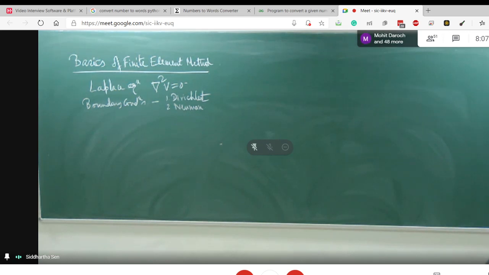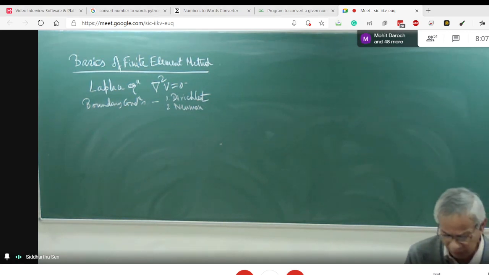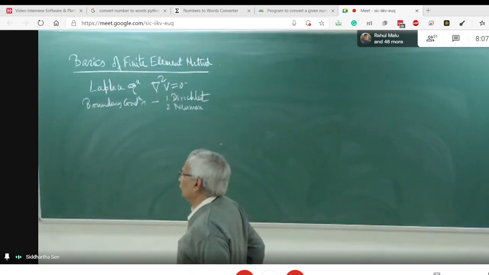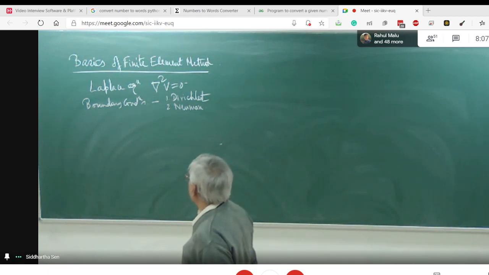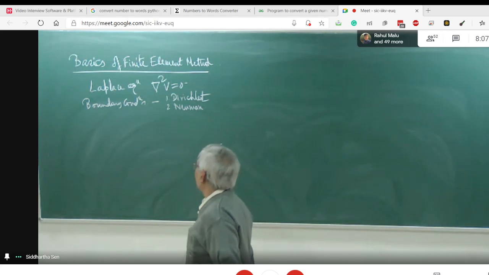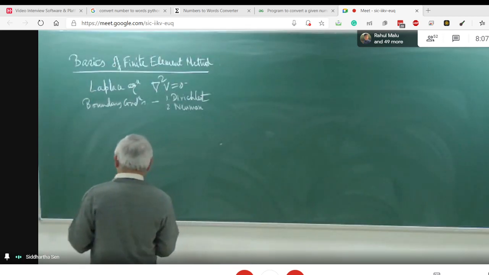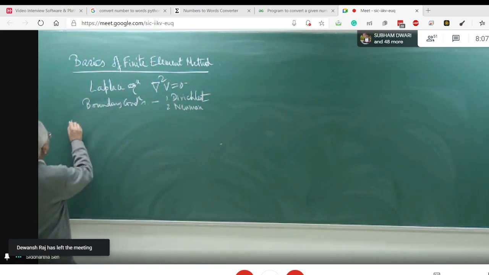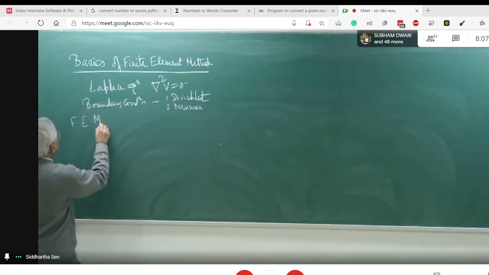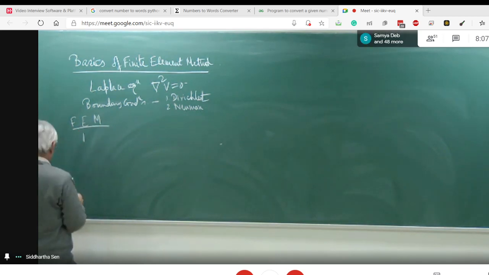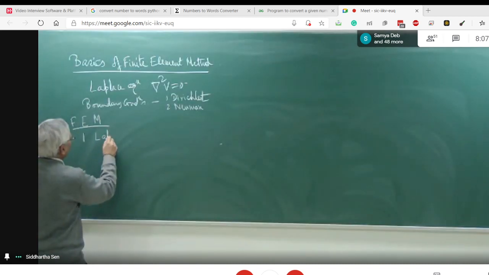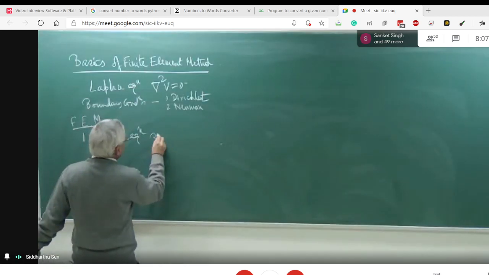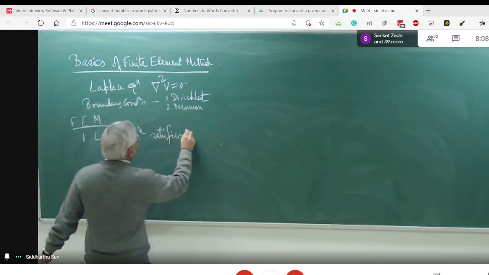then we try to solve the partial differential equation by bringing it down in the form of algebraic equations and try to solve it. On the other hand, in the finite element technique, the basis of it is that the Laplace equation satisfies the minimum